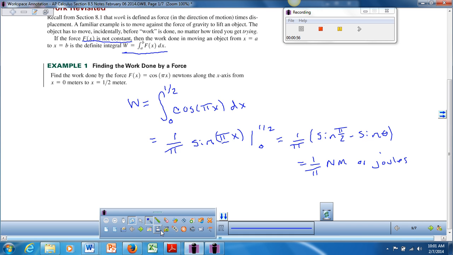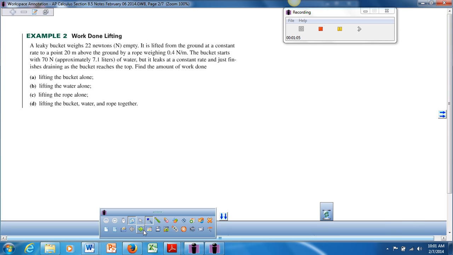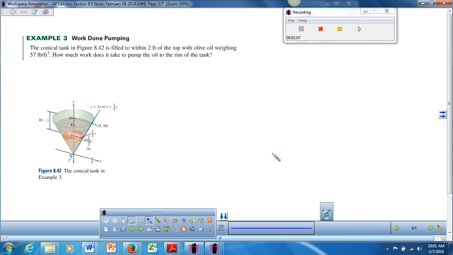So now let's look at a classic problem. There we go. The cone problem, the conical tank. And on this one, you should put stars around it. You should do whatever you want to do to highlight it. This is a work problem that shows up in some form all the time. Okay? So, it says the conical tank in the figure